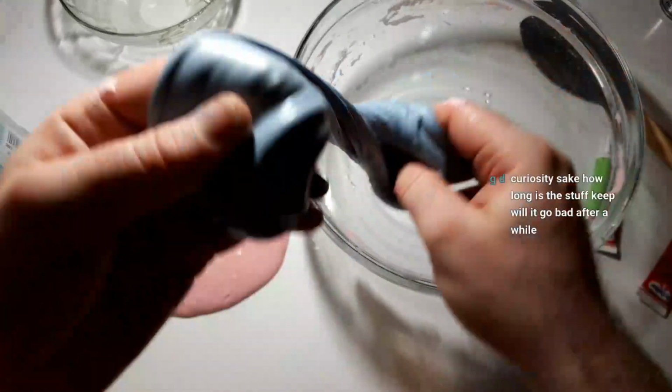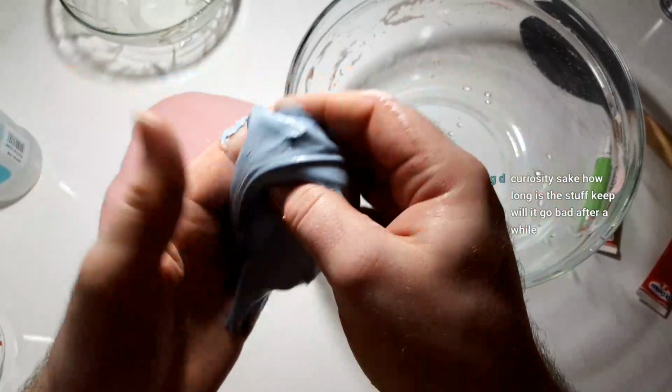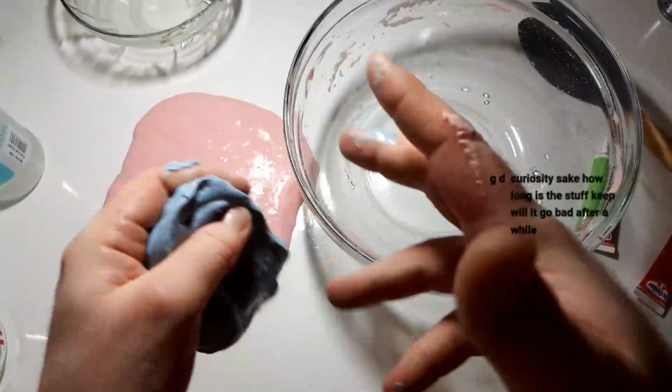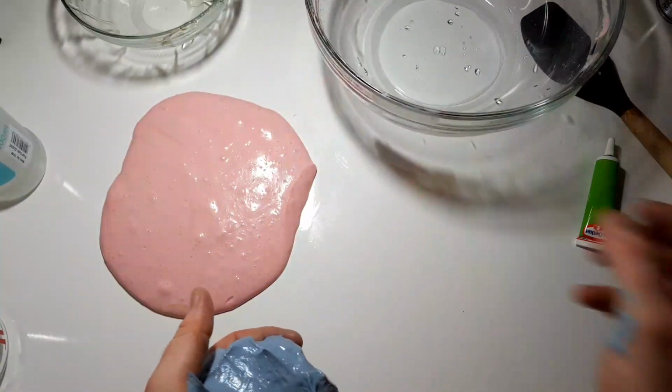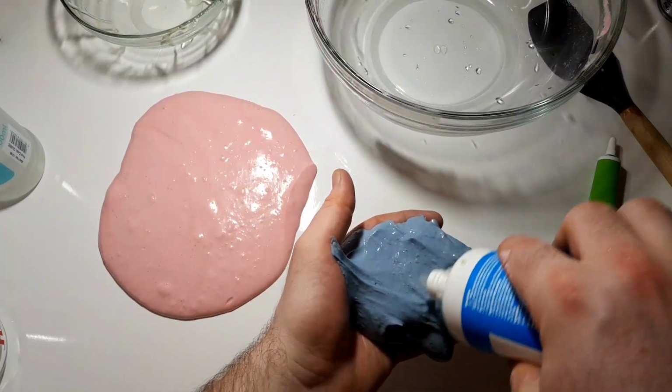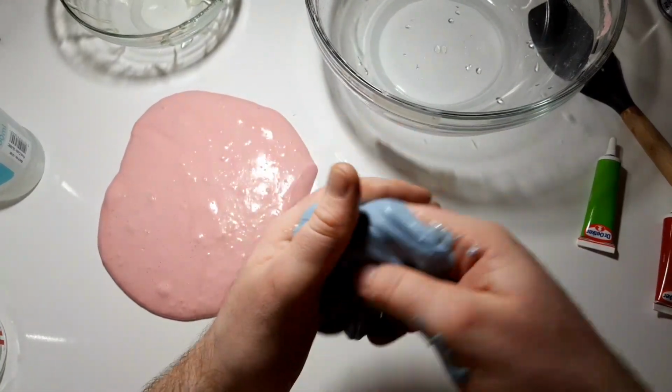How long will it take to go bad? It depends on the type of glue you use. If it's a more quality glue, like Elmer's or something, it'll normally last a few weeks. Sometimes it will go a little bit sticky in a jar. If it's sticking to your hands again, you can just add a bit more contact lens solution and it will kind of bring it back together again,